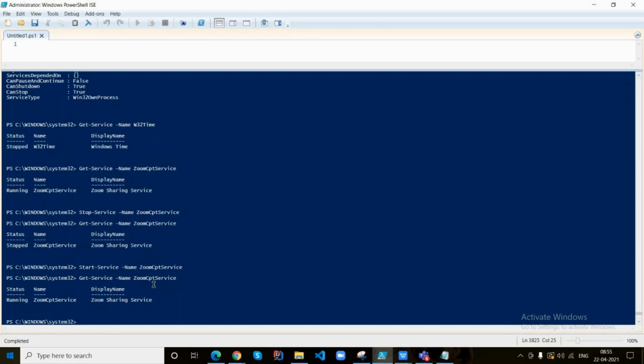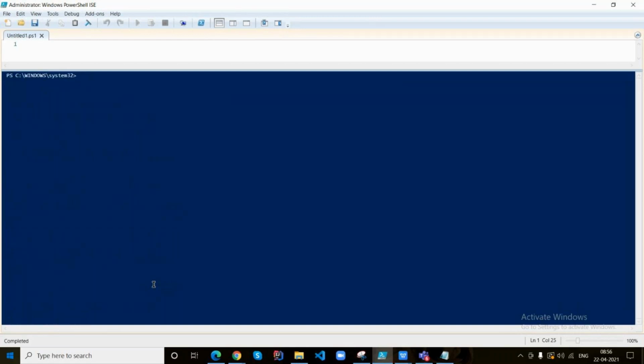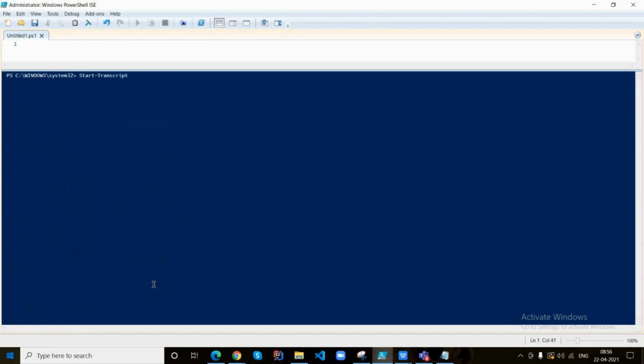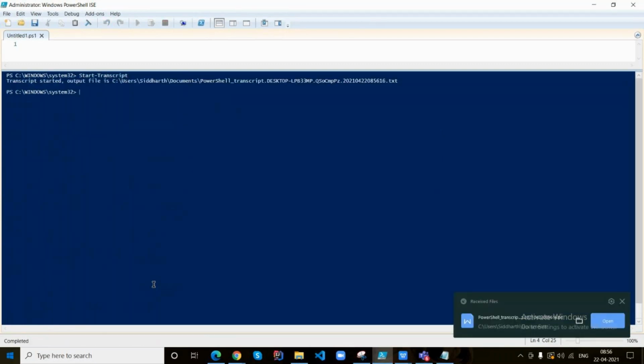Can you just do clear screen, please. Execute Start-Transcript so that our transactions will be recorded in the session. Hope all of you remember the purpose of Start-Transcript and Stop-Transcript, right?